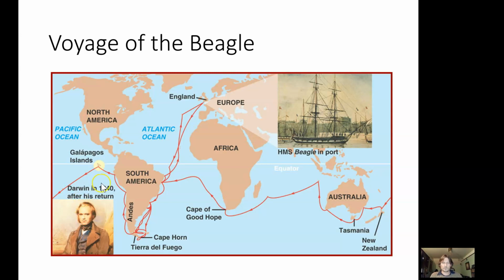And so Darwin goes to South America, and one of the things that influences him is biogeography. As he gets to South America, he's not surprised that things look different from England. But what he is surprised by is that as he goes farther and farther south, the climate and the overall shape of the vegetation looks just like Europe, yet the species are all more closely related to the South American species. Okay? And then when he gets to the Galapagos,